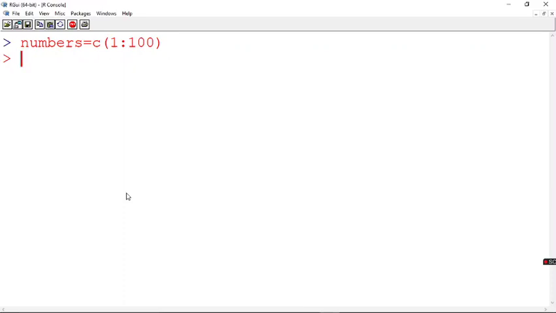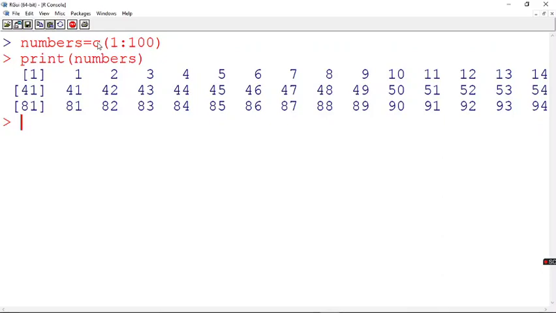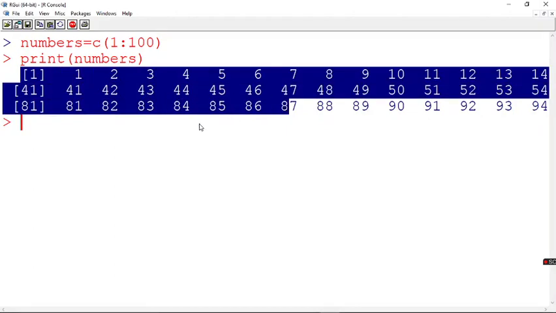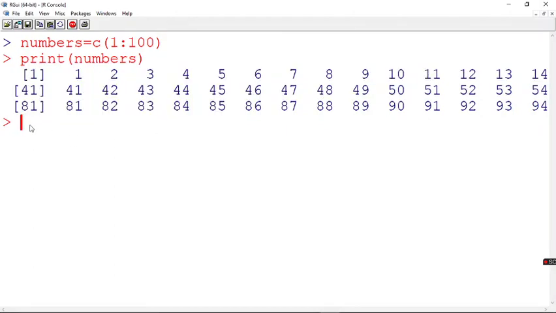Now I am going to run this for loop so many number of times. Suppose I want to print all these numbers one after the other. The usual methodology would be print of numbers, and you will get it like this. But I don't want this. I want something to be printed in a formatted manner, one after the other, not displayed like a vector. In that case, I can use these for loops.